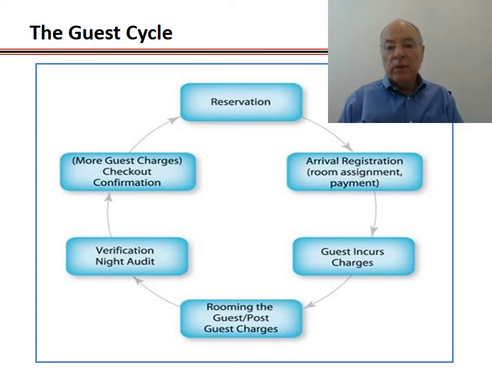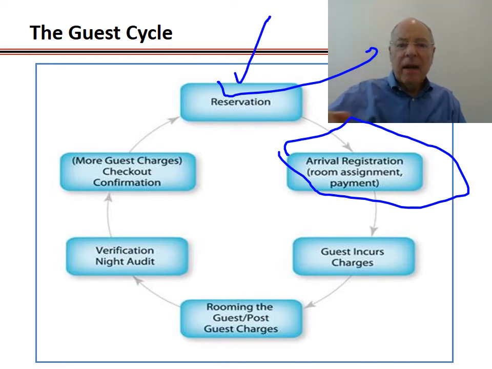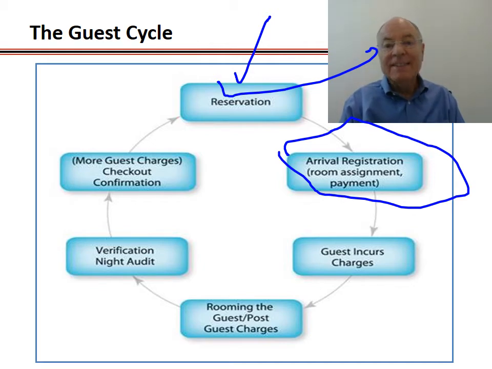This is the typical guest cycle, and I think it's important to recognize what's on top here. The guest cycle doesn't start with the guest arriving at the registration, which you see here as the second level. They start right here, with the reservation being made, something done in advance, today mostly done online, right? Then you have the arrival.